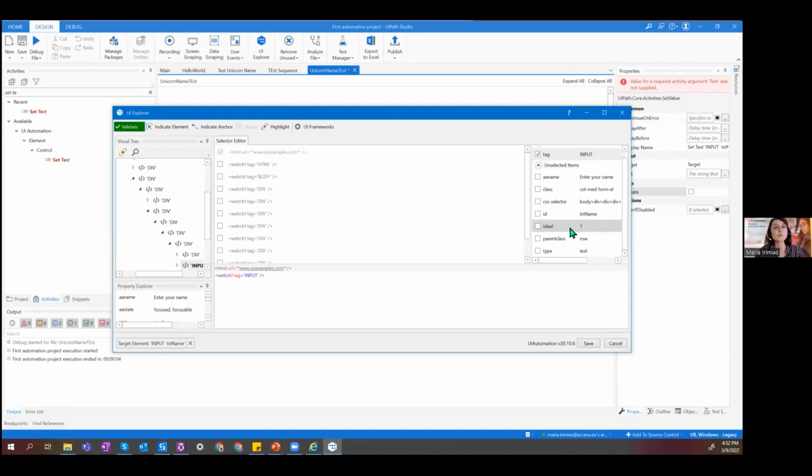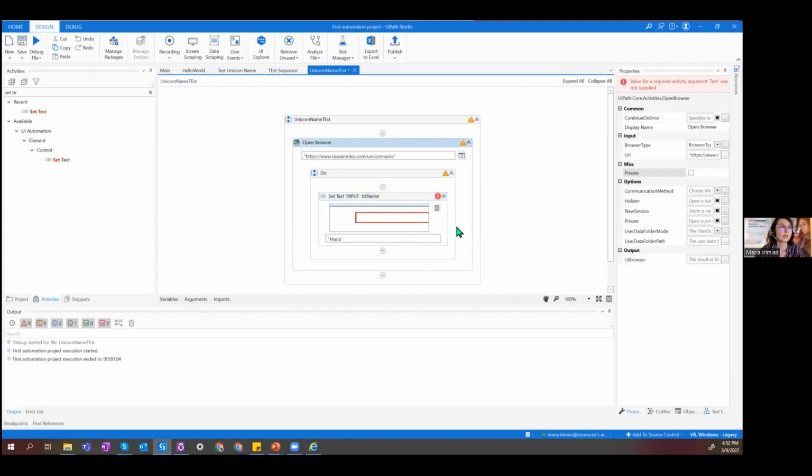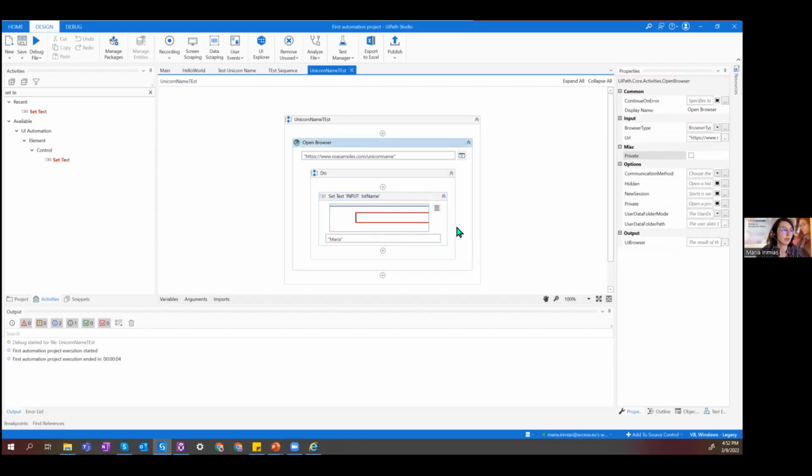By choosing to edit, I can just do what I mentioned to you. I want to uniquely identify this selector with the ID property, which is this one. And now I have chosen the element which will be identified by this activity. In this activity, what I just have to do is provide a name: please go and type my name there. And I just wrote the first part of the instruction.